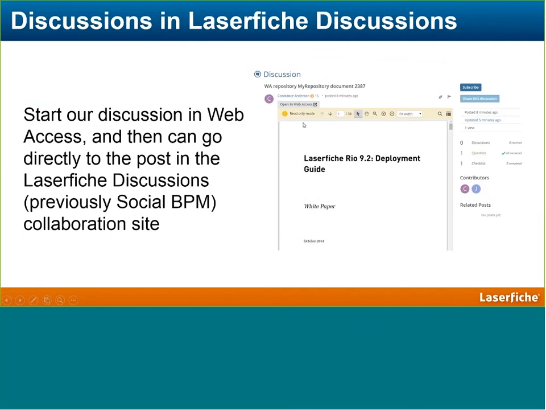So these types of replies and posts are tied directly into Laserfiche Discussions, again, previously known as Social BPM, and you'll be able to seamlessly jump between the two of them. So having started our discussion in Web Access, we can go directly to the post in the Laserfiche Discussions collaboration